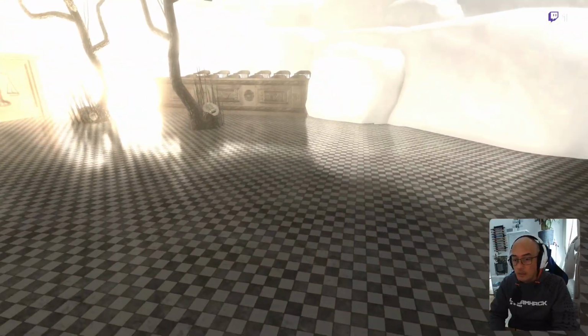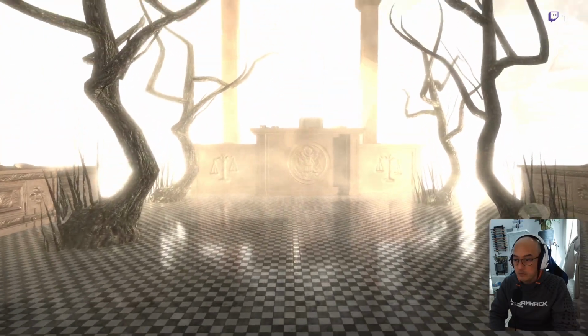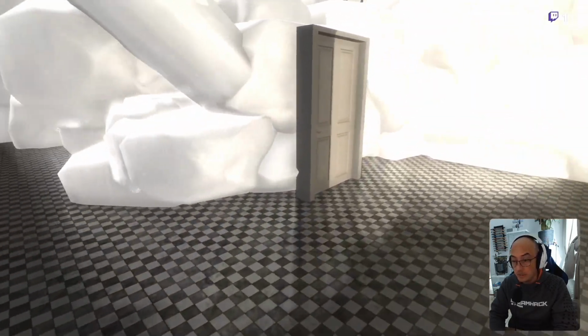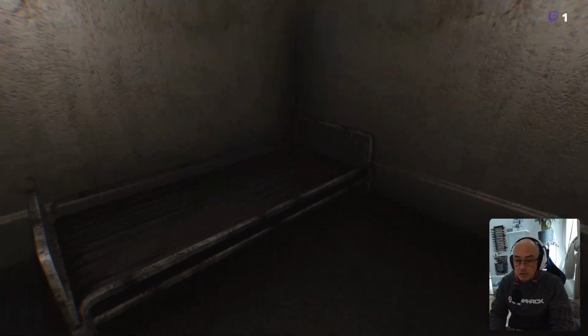Yeah, you notice we came from this hallway, this is the trial room, and we have the door almost at our backs. So we need to go through the door and we will trigger the next section, which is the hospital.